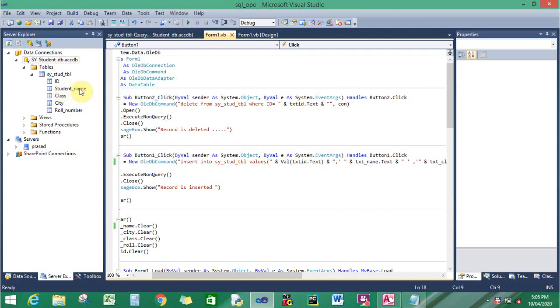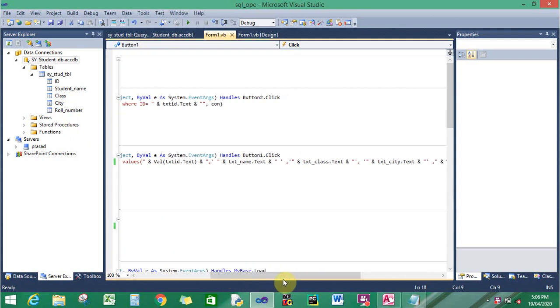The next field is student name, my text box name is txt_name, so single double ampersand txt name dot text ampersand double single. Okay, likewise the class, city and roll number are passed here.